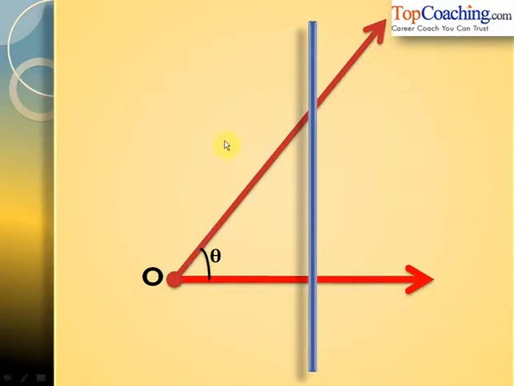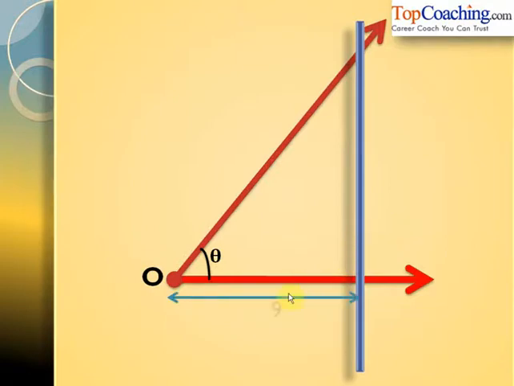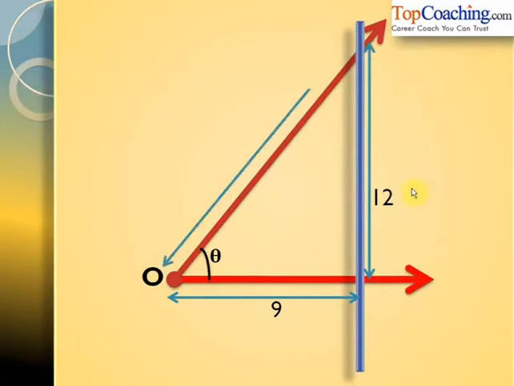Now once again, let's try to strengthen this point further. Let us move this stick some more distance. Let us say that it reaches this point, where the base is equal to 9 units, the height is equal to 12 units, and the hypotenuse becomes 15 units using the Pythagoras theorem. Now again, let's try to calculate the 6 trigonometric ratios.